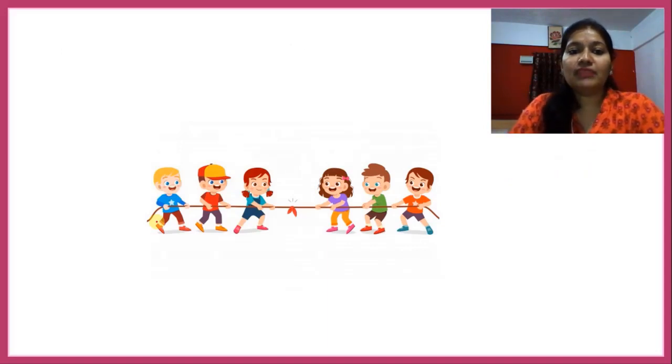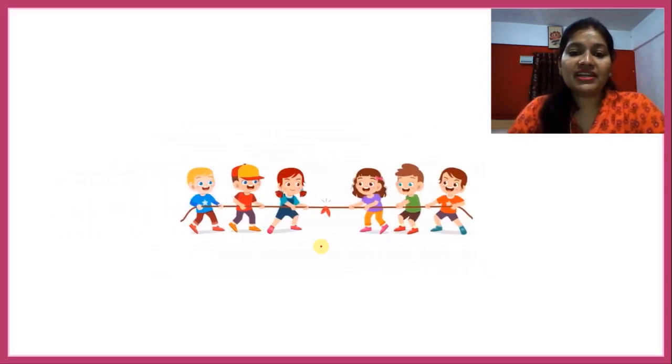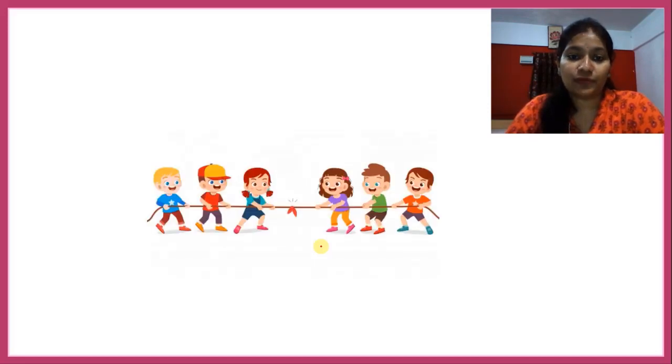Here it is a game of tug of war. As you can see, an equal number of participants are on the two sides. Everyone is trying to pull the rope towards them. So the winner could not be decided because both were applying the same force. Once again, see this. The same amount of force is being applied from both sides, so we cannot conclude, we cannot predict any winner.